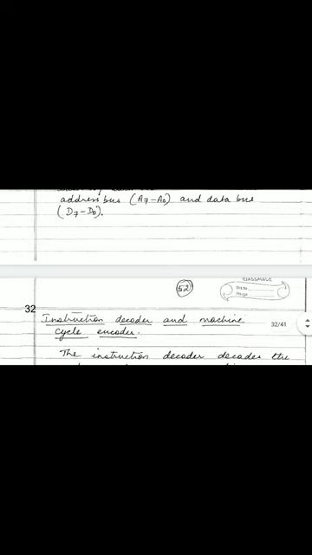It starts with A0 to A7 and D0 to D7. Next, the instruction decoder and machine cycle encoder. Instruction decoder means, as I told you already, once an instruction is fetched it has to be decoded using this instruction decoder, and then it gives the information to the timing and control circuit.